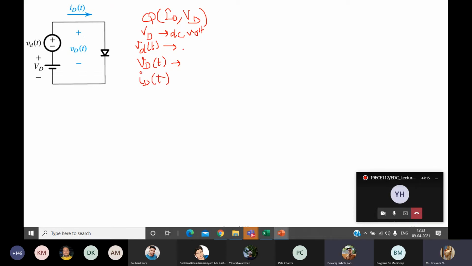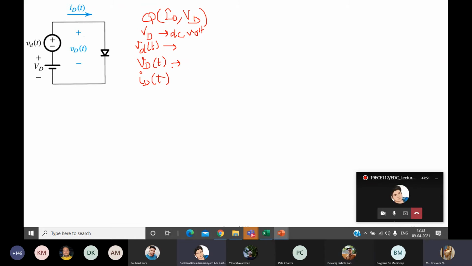Ma'am, is that signal always a triangle form? No, it depends upon whatever input you are applying. Here we are applying a triangular wave as the input. You can give sinusoidal, sawtooth, whatever you want. In this particular scenario, we have given a triangular signal, as the textbook has followed. You can give sine also, not a problem. Okay, ma'am. What is the VD term, ma'am?